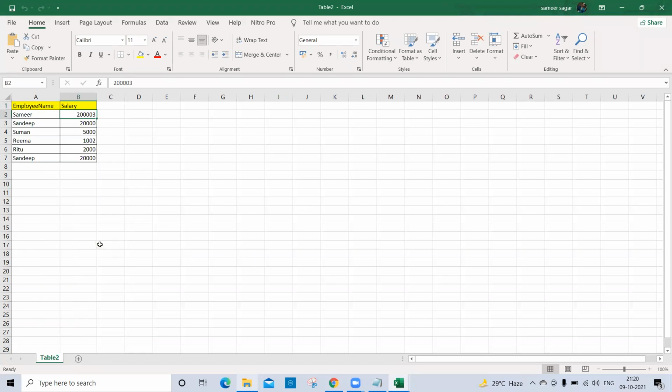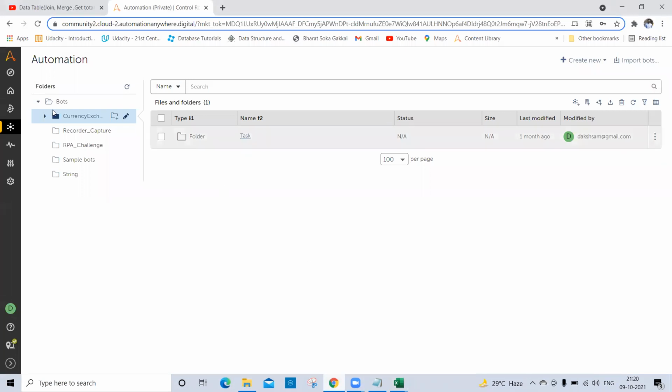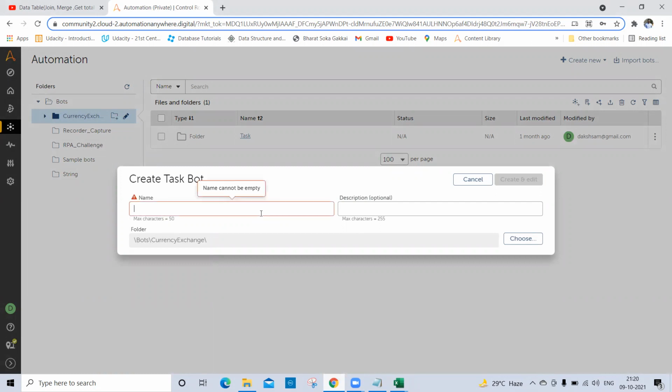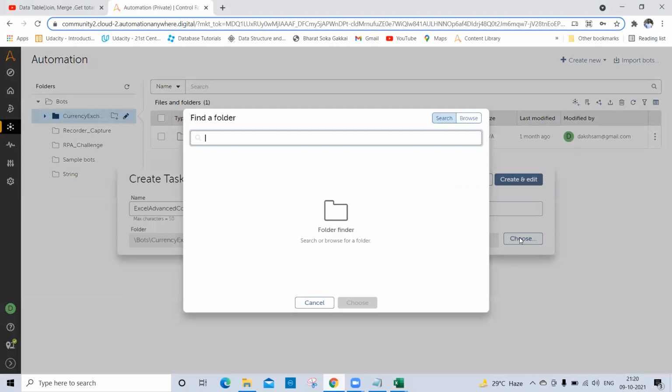So let me go to the Automation Anywhere tool. We create one process, one bot here, and I'll put the name as Excel Advanced command. I'll change the folder directory also.